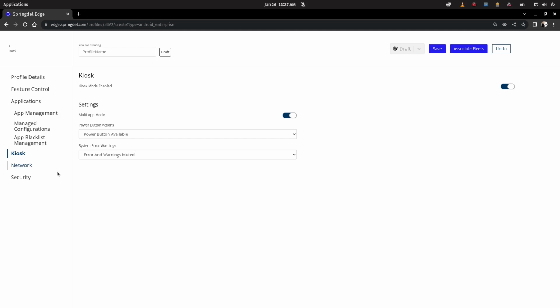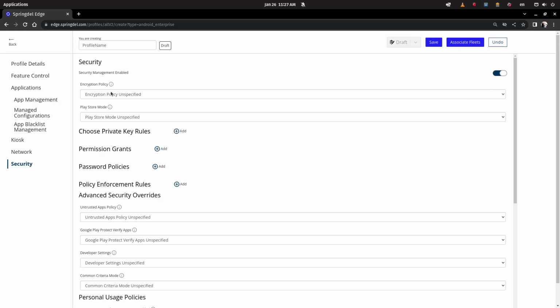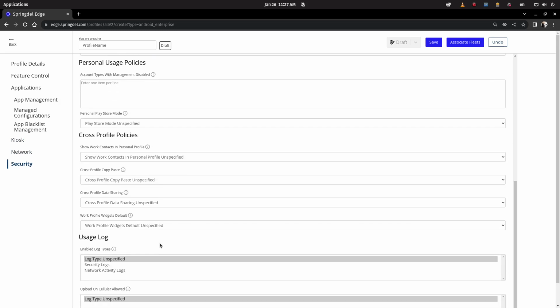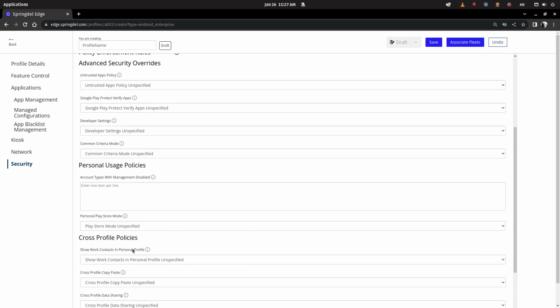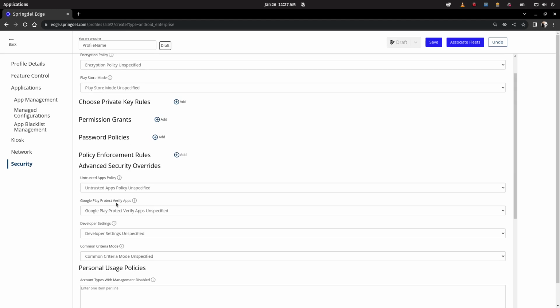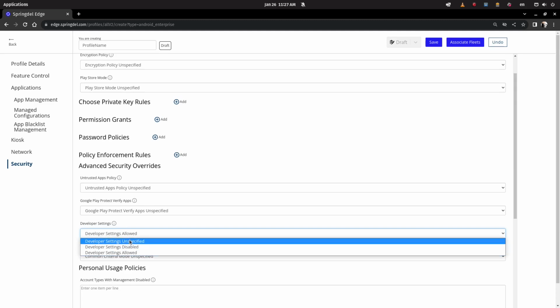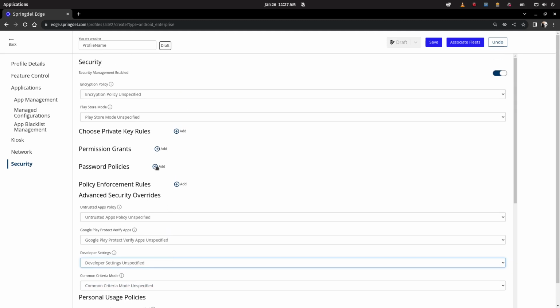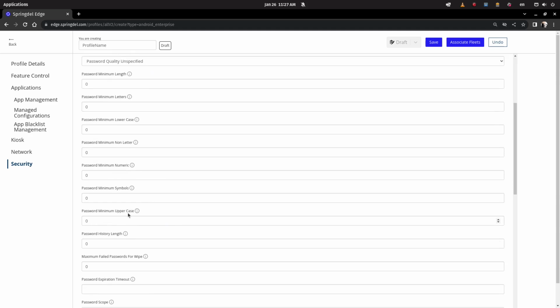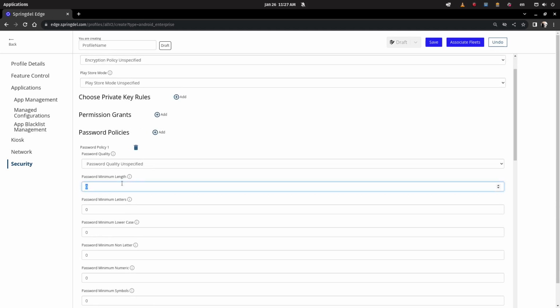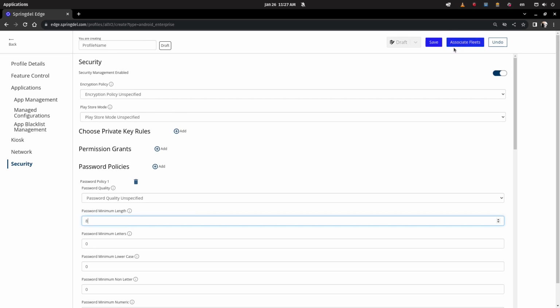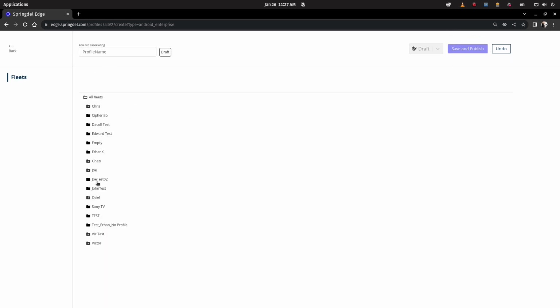There's also some additional security parameters that we have. So we can do most of the things which adhere to the Android Enterprise standards. All of this is available. You can get usage logs, usage policies. You can do things like block developer settings or allow developer settings depending on what your need. And you can also do things like create password policies. Like if the minimum length of a password needs to be 8 characters long, we can also enforce that onto the device. So once all that's created and you're good, you can go and associate and publish with the